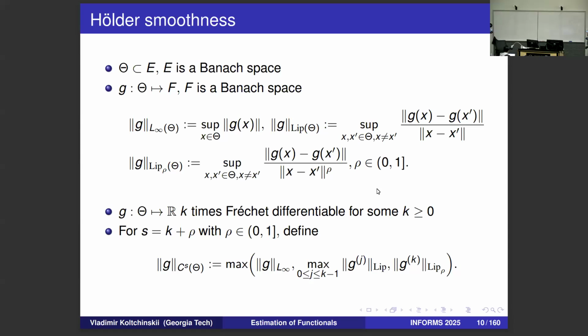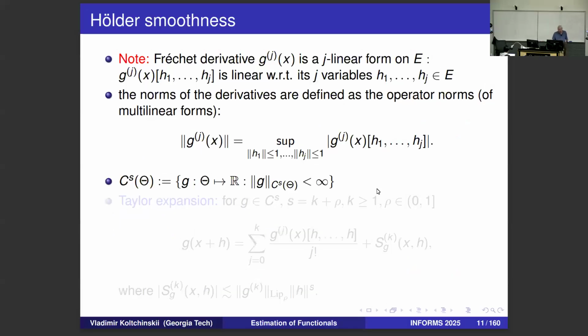There is one thing that one has to have in mind in these problems, since we will be looking at high dimensional and infinite dimensional spaces here. What is the j-th order Fréchet derivative? The j-th order Fréchet derivative at some point x of our functional g will be a j-linear form. You can think about it as